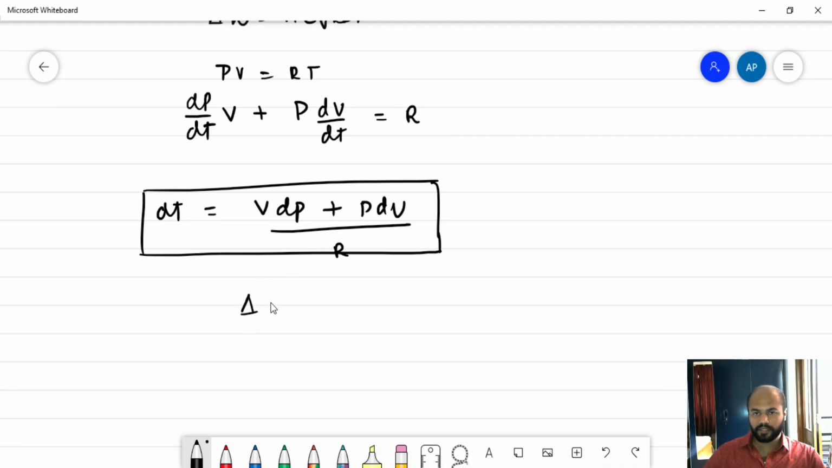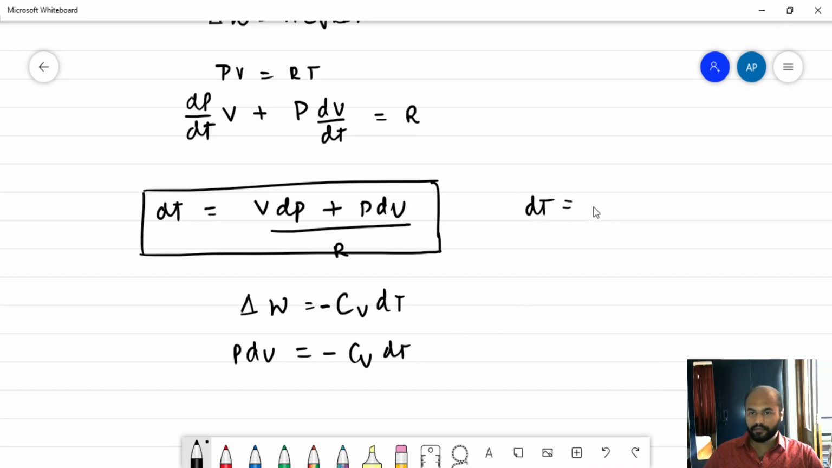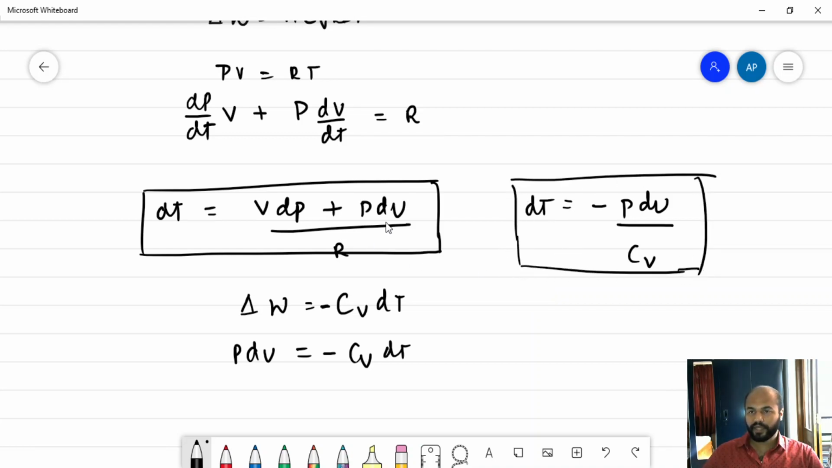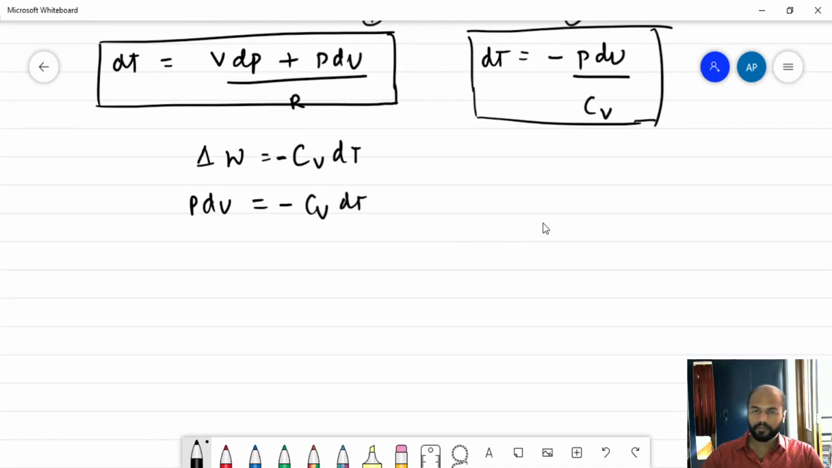So, work done, as we know, is minus Cv dT. So, this work done can be written as P dV is minus Cv dT. So we have another expression for dT, that is minus P dV by Cv. Now, once this is done, we have two expressions, expression 1 and expression 2. Let's equate them. This is the first one, this is the second one. So, equating these,